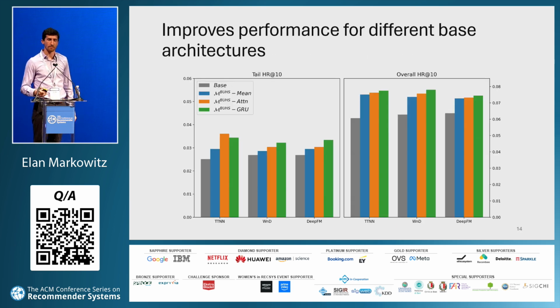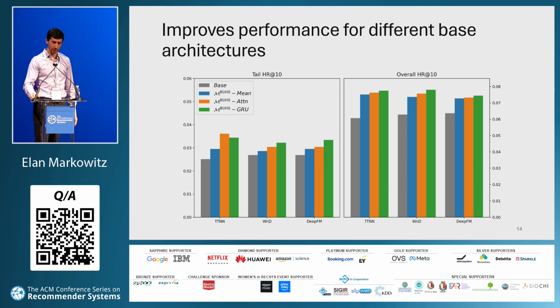We also note that this approach is somewhat agnostic: as long as you have an item and user representation, you can apply bias user history synthesis. So here we experiment with the two-tower neural network, but also Wide and Deep and FM. Both are common models, and we see that the base model in gray doesn't perform as well, and across the board, bias user history synthesis improves the results here.